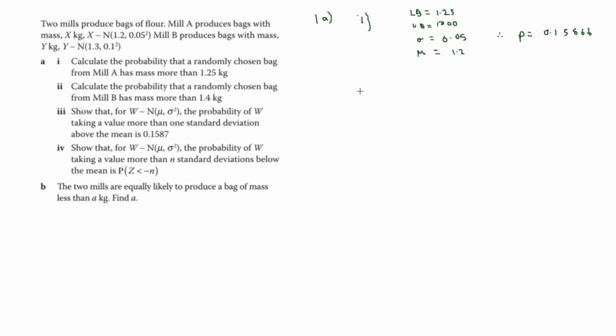So therefore, if we look at part II now, we're going to get a similar question. It's just asking for mill B, and it's asking for a mass more than 1.4. So this time, all we're going to change is the lower bound, and then obviously the mean and the standard deviation. So the lower bound is going to be 1.4 this time. Upper bound we can keep the same as 1,000. Then the standard deviation this time is going to be 0.1, and the mean is going to be 1.3. Now this has exactly the same probability as